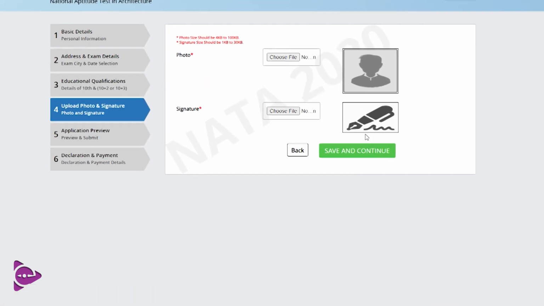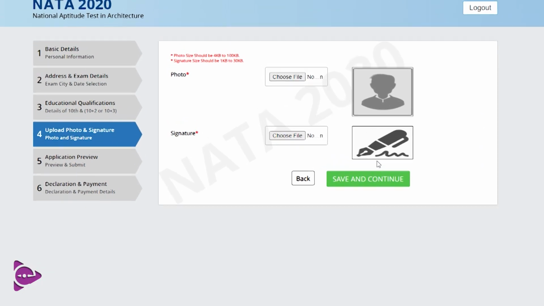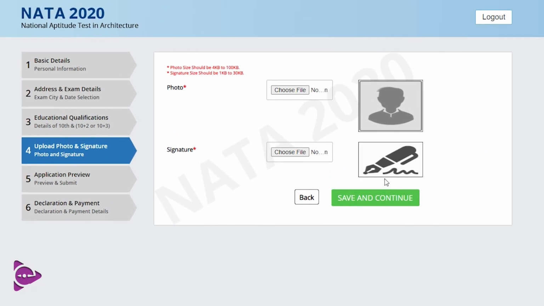The next thing is you have to upload your photograph and signature, and the passport size photo size must be above 4 KB and below 100 KB. Here is where students will be finding difficulties, because the photograph which you get from your studio will definitely be more than 100 KB. They will be struggling with how to bring down the size. If they bring down the size, the image also gets blurred somehow. So I will show you how to do it online.